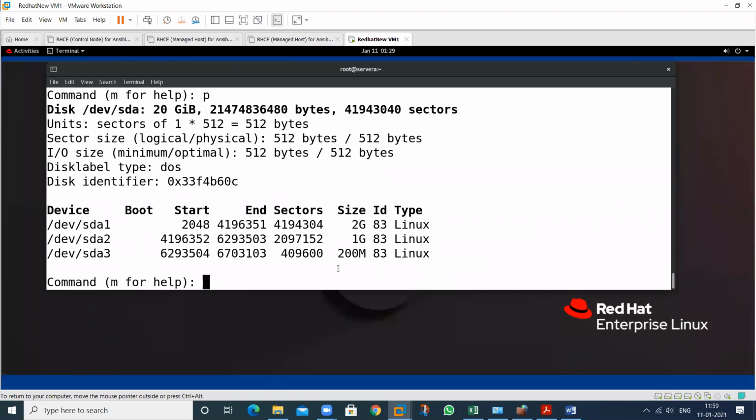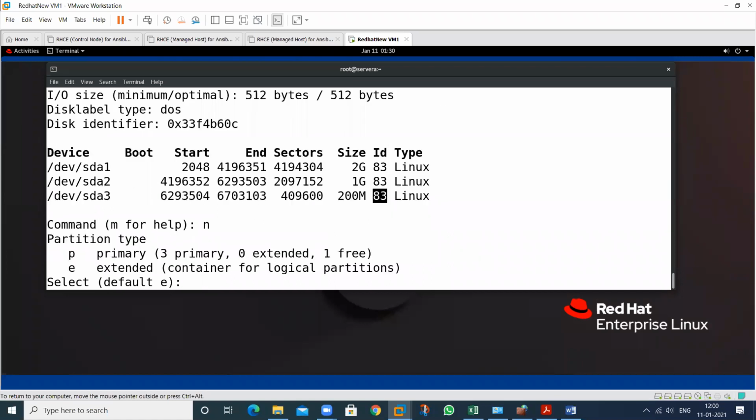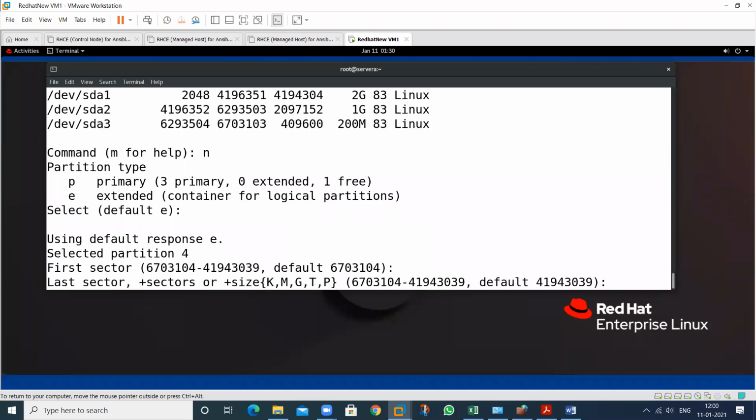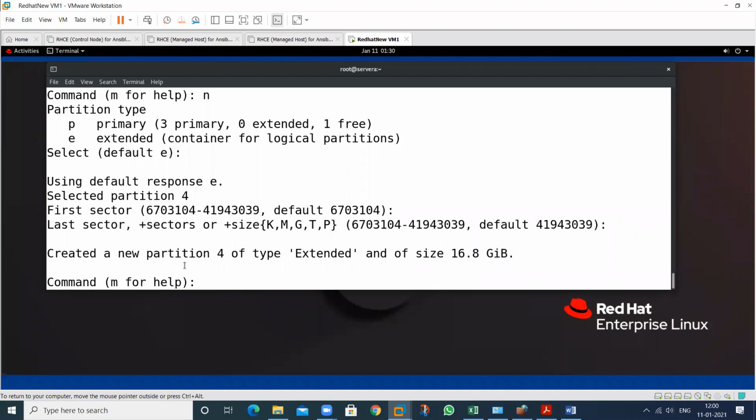If you want to see this one, see. And now, what is the default behavior? It will ask to create, not the primary, it will say the extended partition. See this one. So just enter, again just enter, again just enter. So you should not have to assign any number, it means size, in this. So allocate the whole space for the extended. Then you are able to use the whole disk to create logical drives.